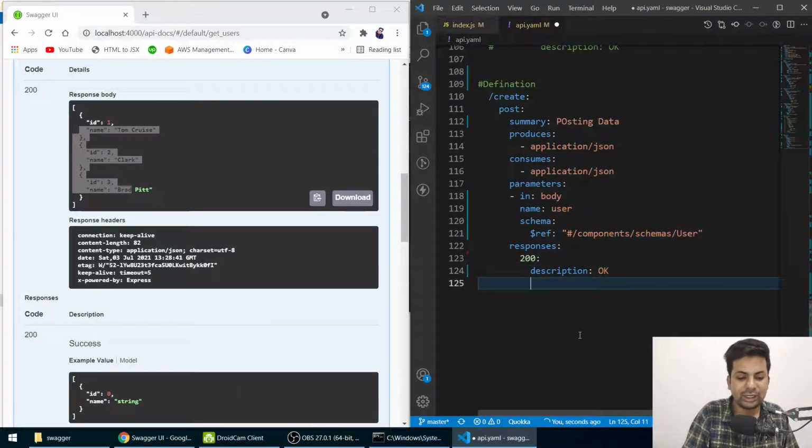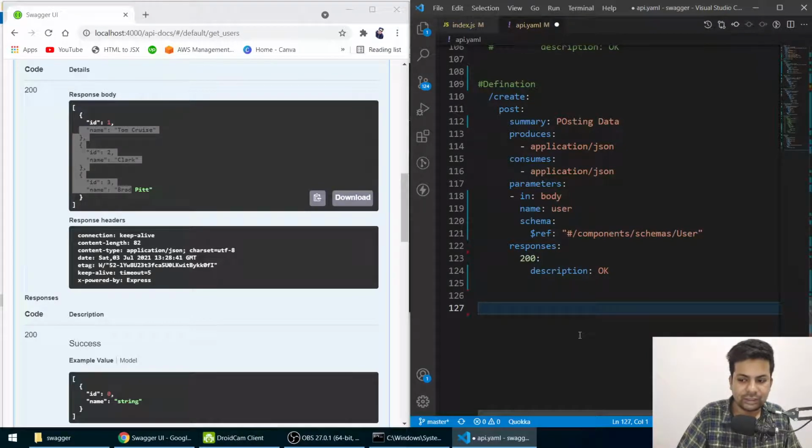So where will it be? It will be just down below. You can just come here and write components, because it's under components.